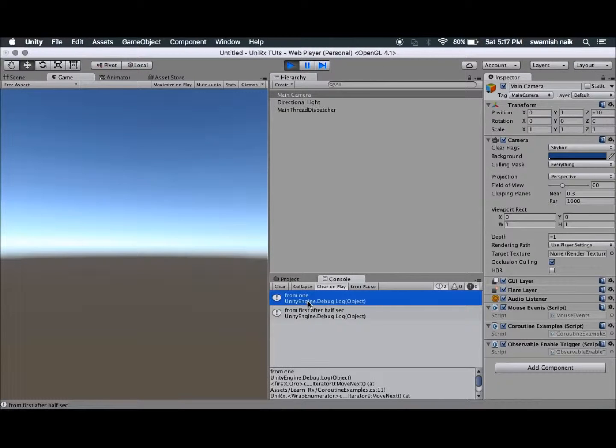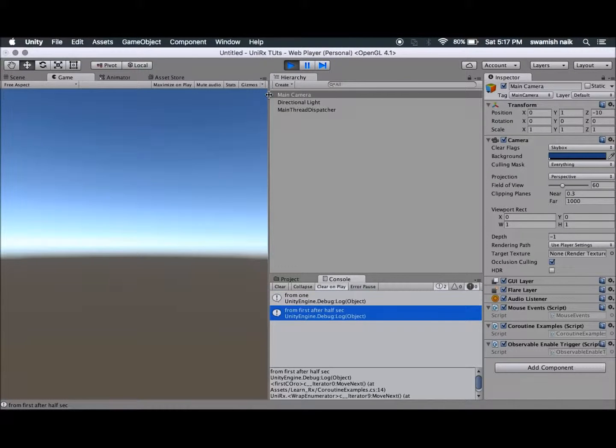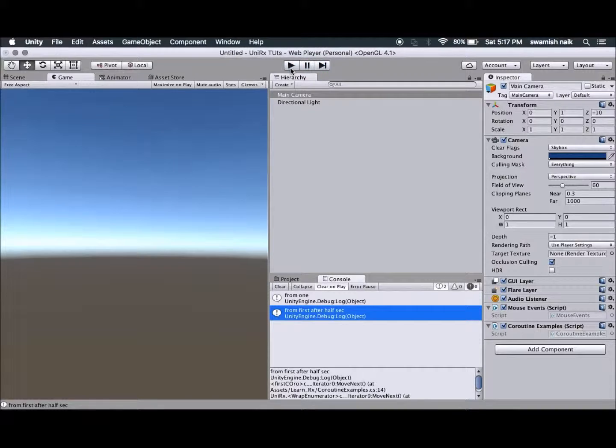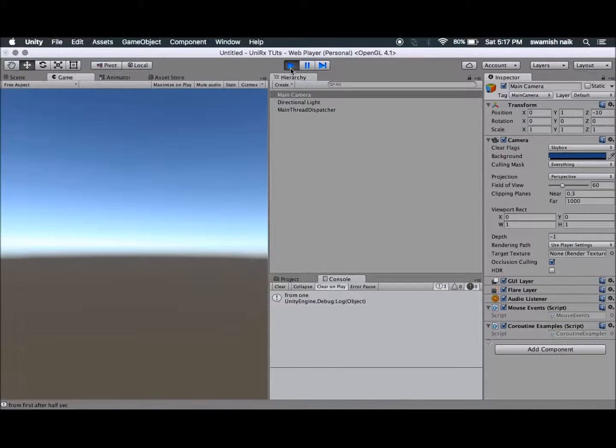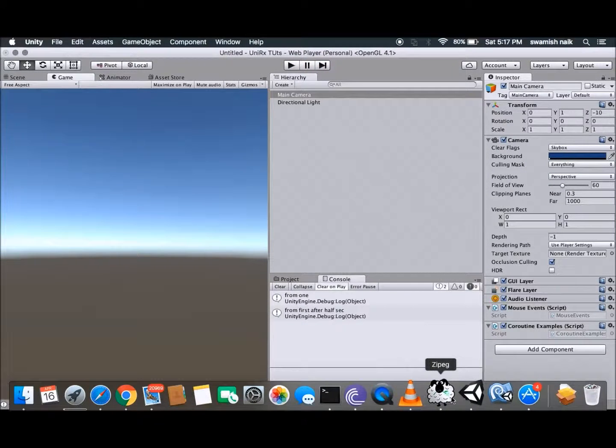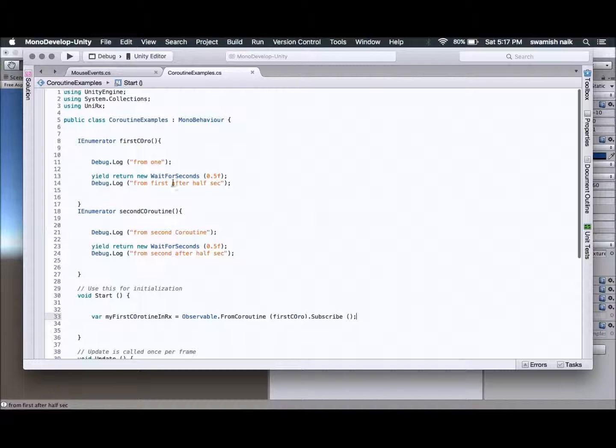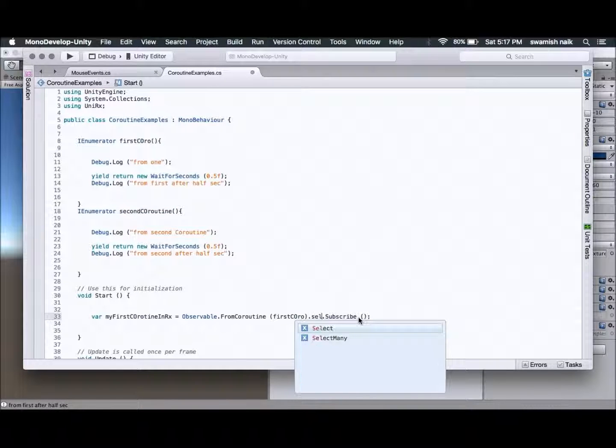Okay, as you see, from 1 and after half a second it's running our second Debug.Log. So it's working. Now suppose I want to start this coroutine, and after this coroutine ends, I want to start the other coroutine. So what we can do in UniRx is to use SelectMany.